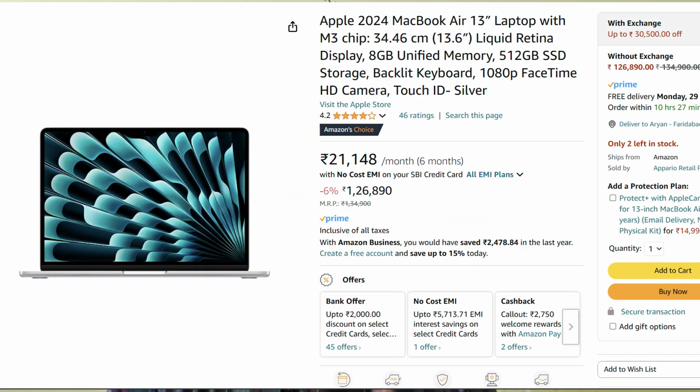So if you have a high budget and you want a touchscreen laptop, then you can definitely go with this laptop. Moving on to the second laptop of this category, it would be MacBook Air 13-inch, coming with an M3 chip and 8 GB RAM and 512 GB SSD. This comes at a price range of